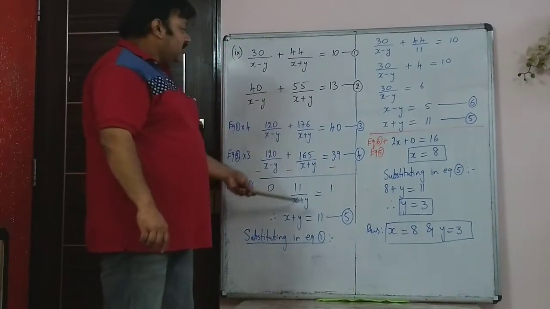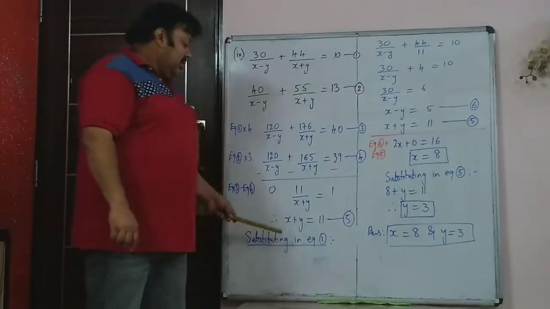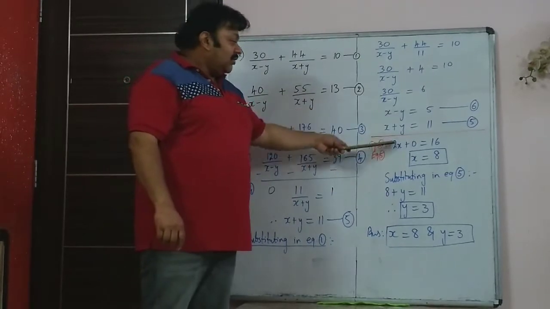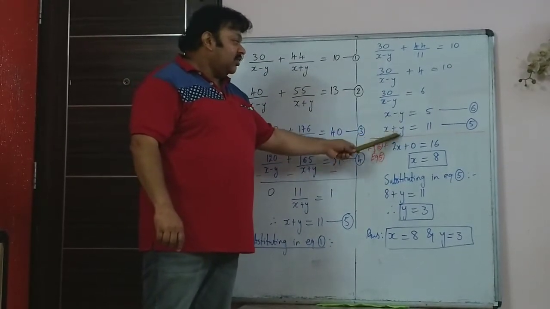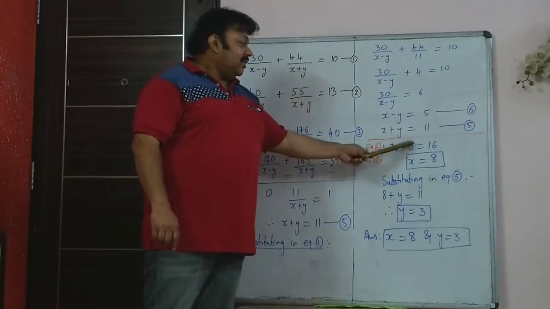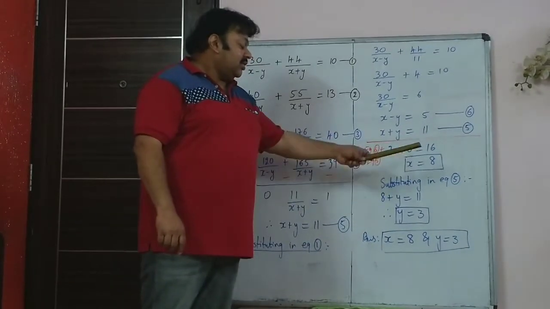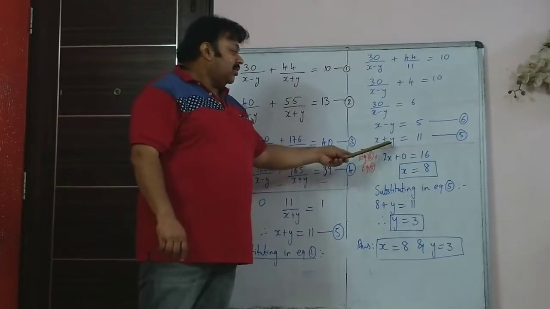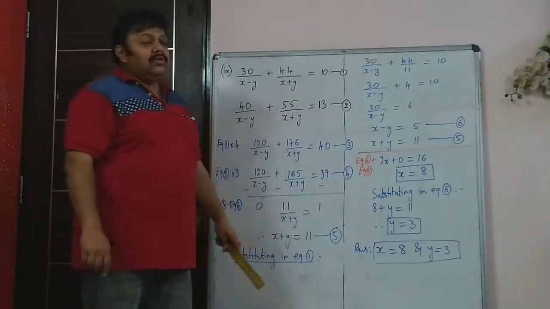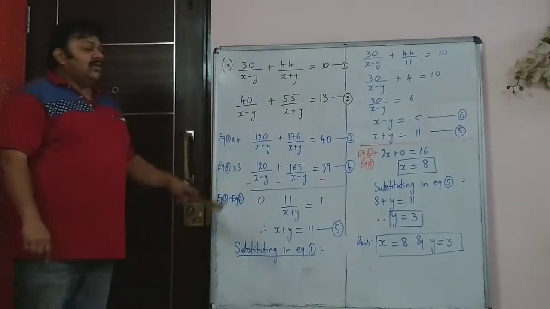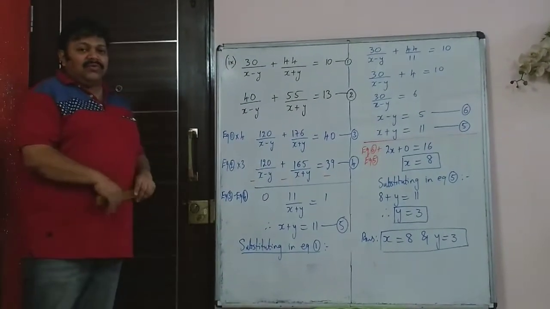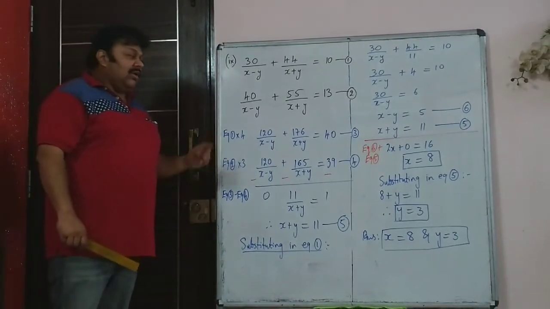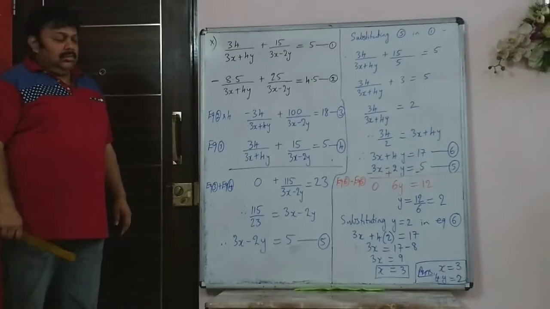And the first equation was x plus y is equal to 11. So we are solving the fifth and the sixth equation. Therefore now just add the two, because already the sign difference is there. So 2x plus 0 is equal to 16, x is equal to 8. Now once we substitute x is equal to 8, you will get y equal to 3. That's how you solve such equations. Once you do it a couple of times, this first part of the chapter is very simple, so you can easily solve it.